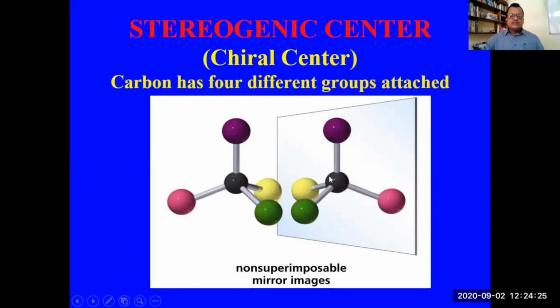So these 2 pictures are not the same. The structures look the same, but they are not the same. Here the green ball is to your right, and the same green ball is to the left there. This pink ball is to the left here, and in the other this pink ball is to the right. So what I mean is that the orientation of the green and pink balls is different in these 2 structures, and we say that these 2 carbon atoms, though they belong to the same molecule, have different configuration.